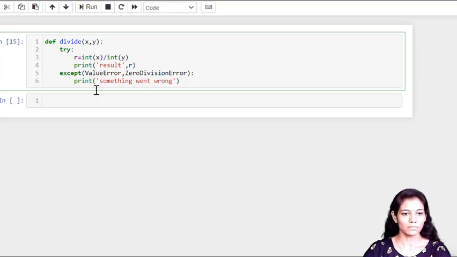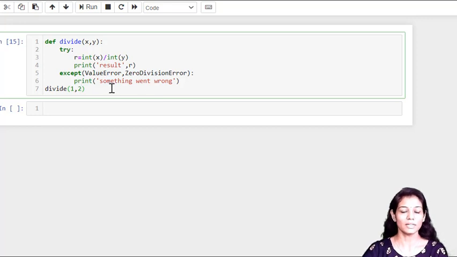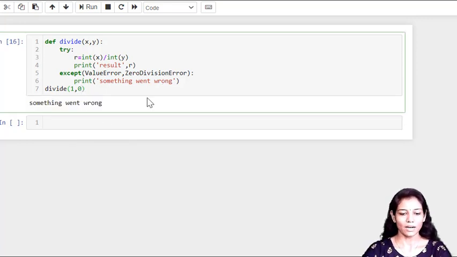Now I need to call this function divide, and here I am giving 1 and 2. At this particular instance it will not generate a division error. If I give 0 here, it says something went wrong. And secondly, now I am giving something else instead of the first argument, which should be an integer.